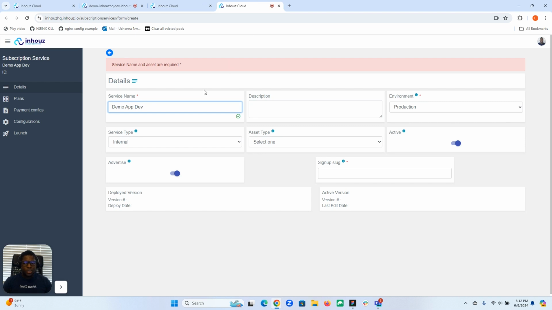So subscription services are environment based. So for an application, you're going to have to configure a service for every environment. So users who are signed up to this will only have access to the dev environment. So we're going to call this the demo app dev environment